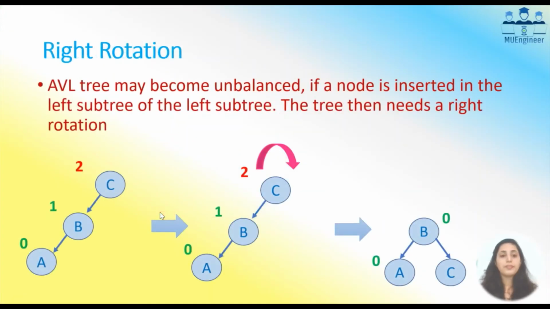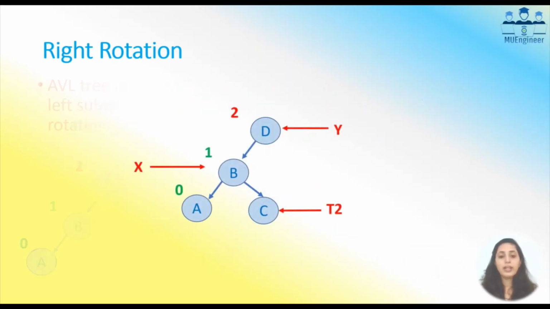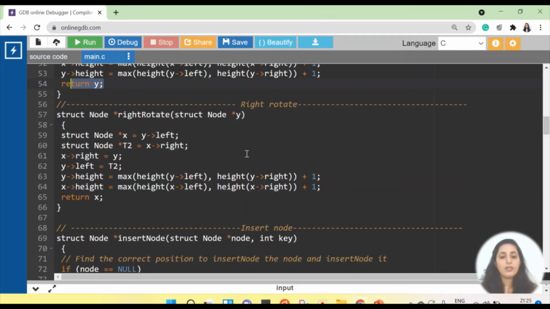So right rotation is something in this case when the new node A is added in a tree, the balance factor of C is disturbed. I call C a critical node, and over here I will apply the right rotation and then my tree will be balanced. So how do we do that? Let's take an example of this particular small tree. If I add A, then the balance factor of B is becoming 2, and now I need to balance it. Okay, so how do we do that?